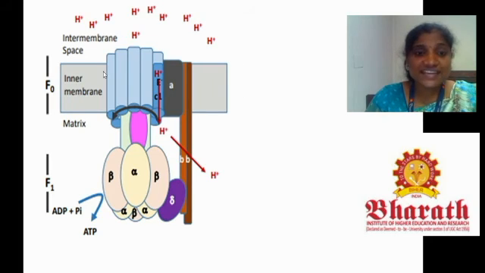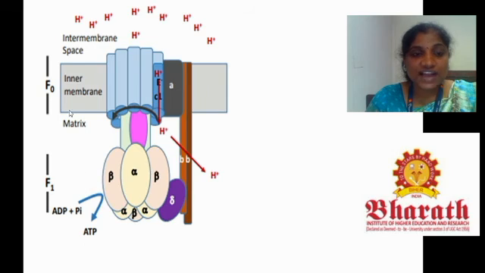So this is the ATP synthase structure. It will be present on the membrane, and inside we have the matrix, and there is the intermembrane space. As I already told, this ATP synthase structure has two motors, the F0 motor and the F1 motor. These two motors are connected together. The F0 acts as an electric motor, and the F1 acts as a chemical motor.